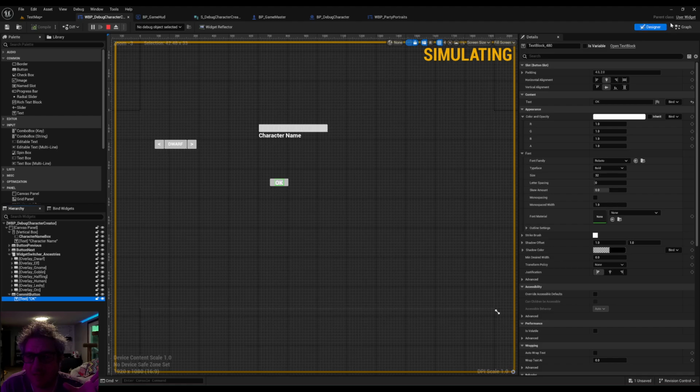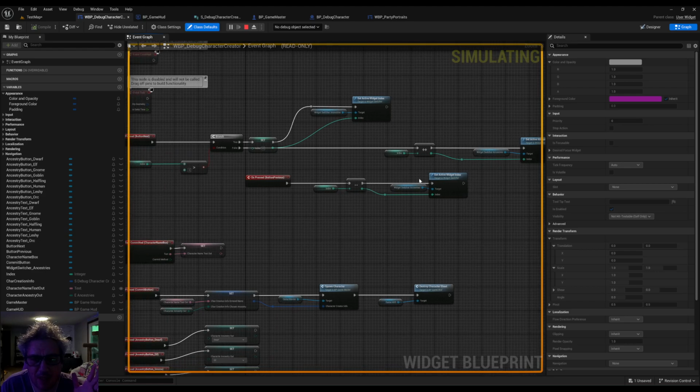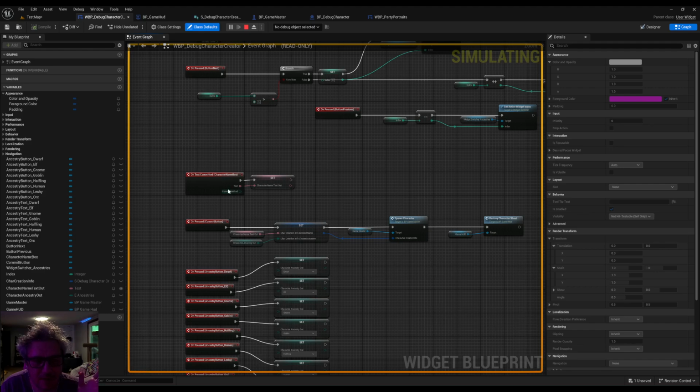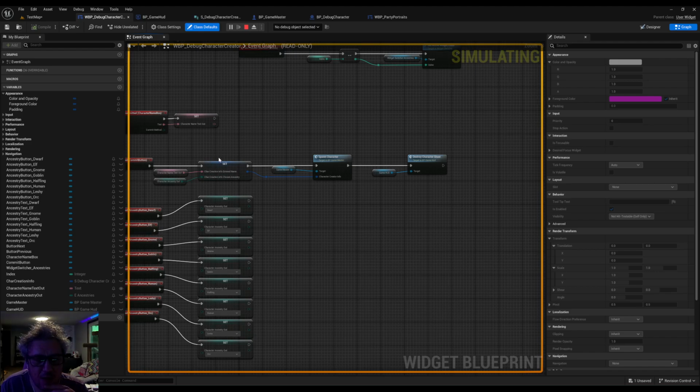It's just buttons, so this will cycle through. I put in a text box, and then in the actual code, this is the code for the buttons, I need to actually put in a looping for the previous button. You can get to 0 and it'll freeze. Once you enter the text in the text box and commit it, it saves it to a variable. Once you click on whatever ancestry button you're hovered on, it sets that ancestry. Very ugly, very snap-together code. And then once you hit the OK button, it will take that saved text and that saved ancestry, put them into a structure, and then spawn a character. Tell the game master to spawn a character